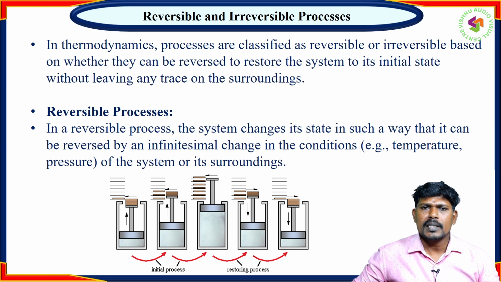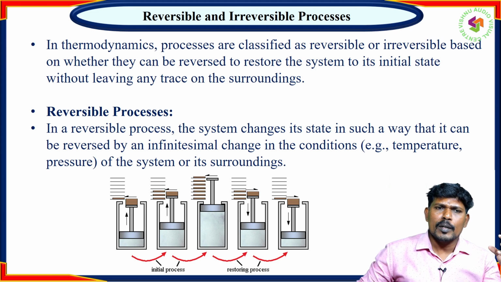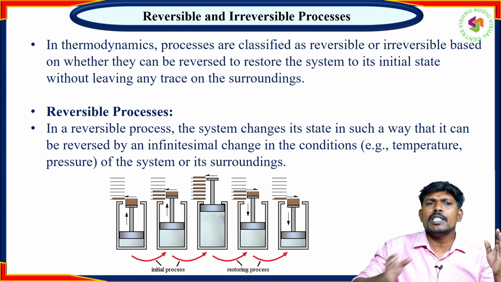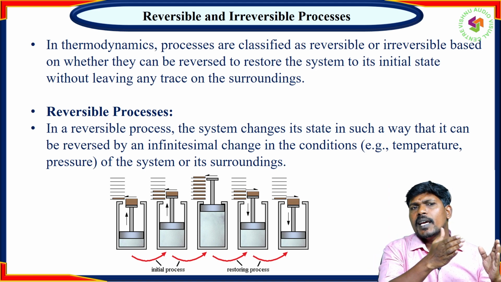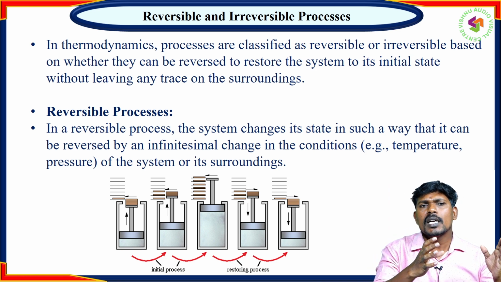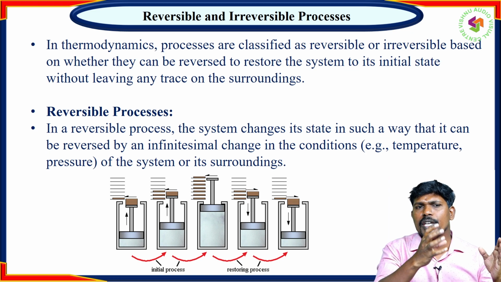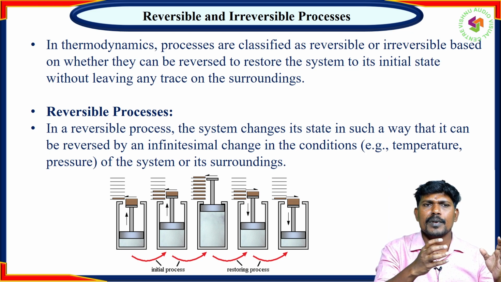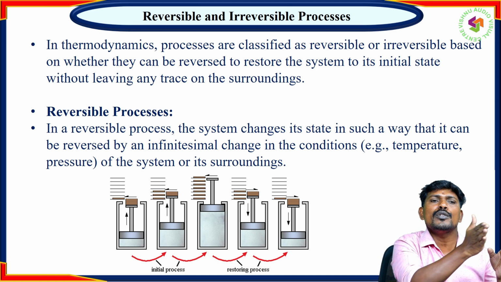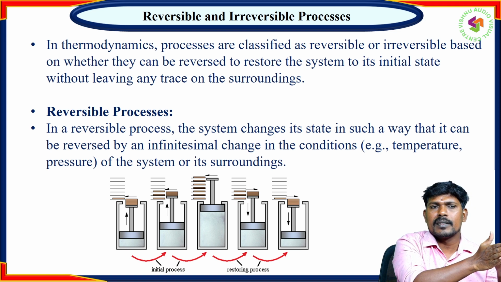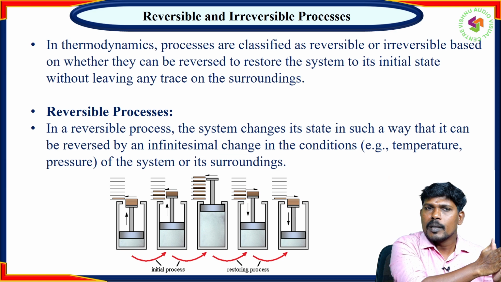Reversible process means that when a process is changing from A to B, anywhere in that duration, if I make any change in the system properties like temperature and pressure, and the system reverses and moves to the initial condition, then we can say that the process is